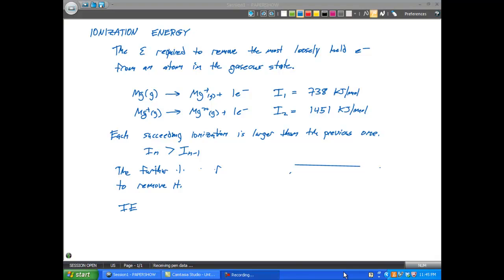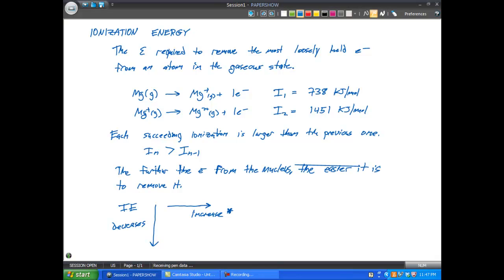And the general trend in ionization energy that we're going to observe is ionization energy decreases as we move down in the periodic table, and it's going to increase as we move from left to right. One of the things I have to indicate is to put a star next to the increase, because this isn't going to be a linear trend. There is a jagged trend